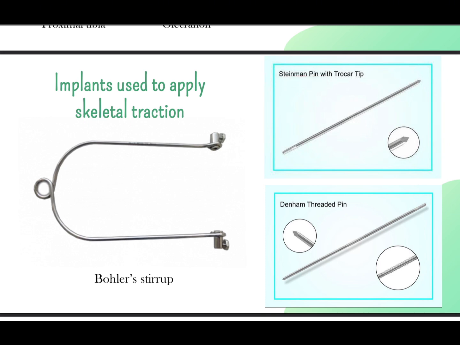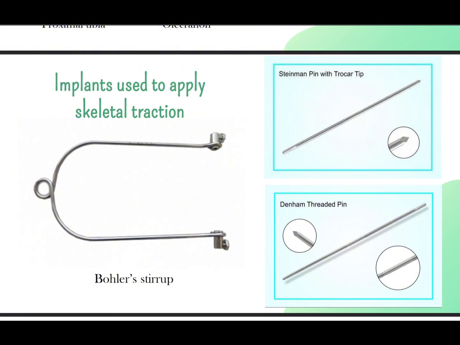Steinmann's pin is basically a pin which does not have any thread in the middle, and it has a trocar tip which is used for insertion. Denham's pin is a pin which has a thread in the middle. The Steinmann pin cannot be used in cases of osteoporotic bone or cancellous bone, because they have bigger pores